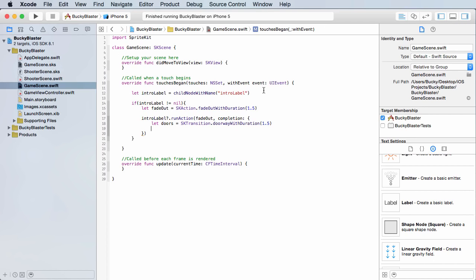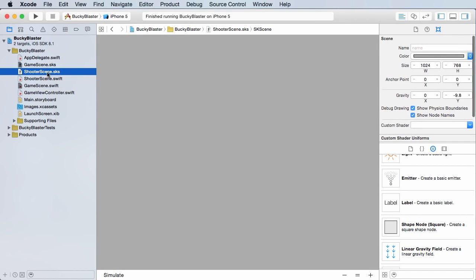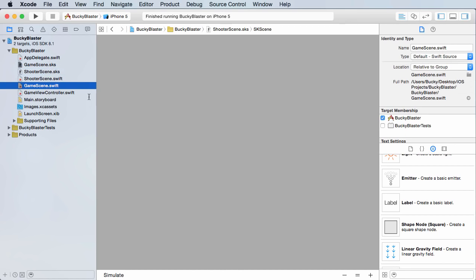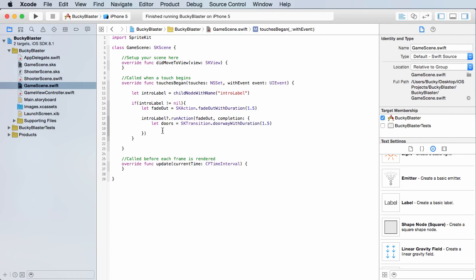All right. So now we have all these transitions, but we don't even have a reference to the other screen yet. So again, this other screen is called ShooterScene. So let's get a reference to that, because then when we say, hey, we want to go to a new level, it's going to be like, all right, well, where? All right, so let